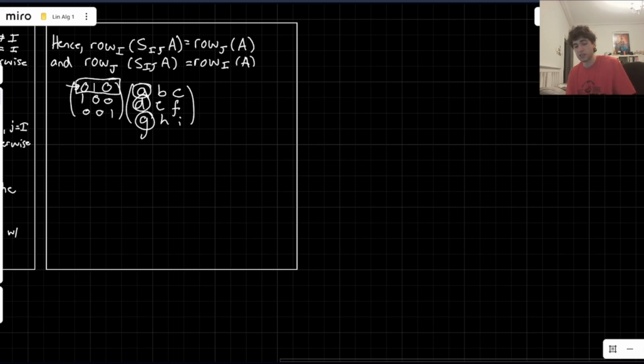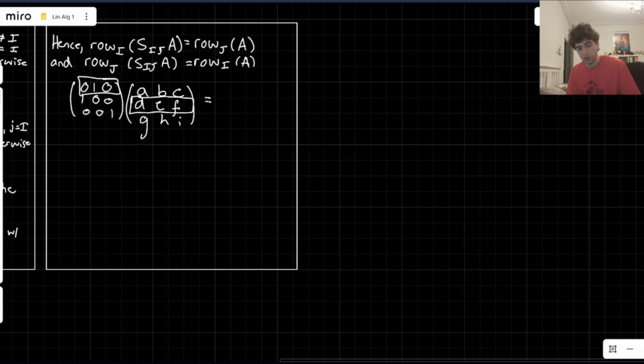And you can see that because the 1 is placed here, the only row that's ever going to come out of that multiplication is the second row. Whenever I dot this with all of the columns of matrix A, I'm only ever going to get this row as the resultant. So effectively, this is row J in this case, and I know that the ith row would be